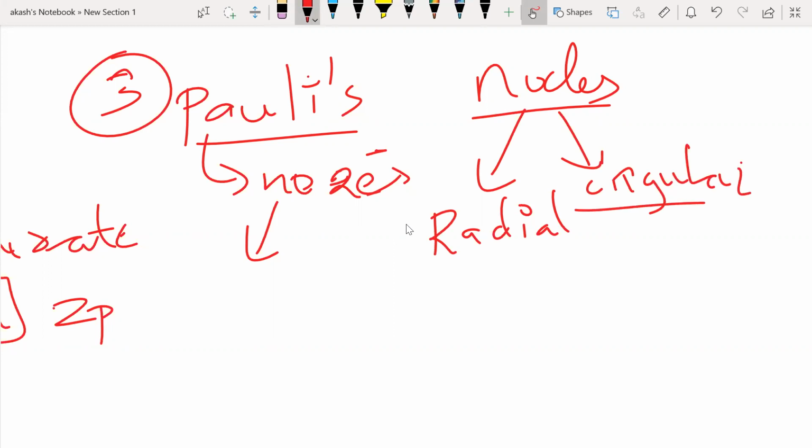Okay, please bear with this. Nodes can be of two types: radial nodes and angular nodes. If you want to visualize what exactly these are, say,